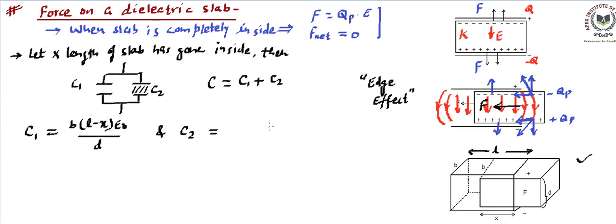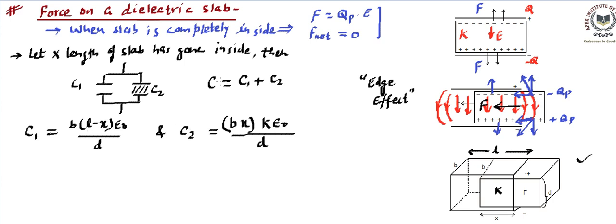C2 is going to be equal to, this will have a dielectric constant K. Let's say this is K, the dielectric constant. So we will be writing the area again. This plate area this time will be this much. So this plate area is going to be X into B. So I'm erasing this portion and writing over here. So that means this is B into X. So that's area into K, the dielectric constant, epsilon naught, which is permittivity, divided by D. Now this is how we can write C1 and C2.